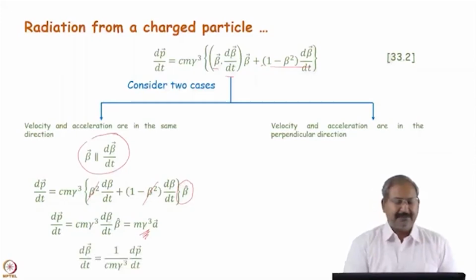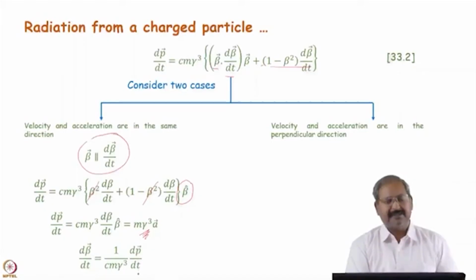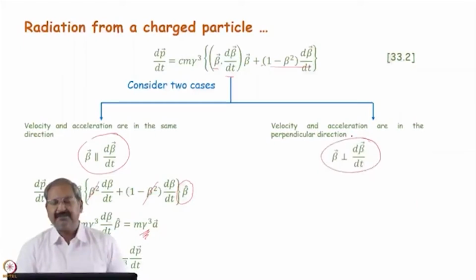So now you can see that d beta by dt can be written as 1 by c m gamma cube dp by dt. So this d beta by dt will be used in the formula of radiated power. Then we will get the radiated energy when acceleration is taking place in the same direction as the velocity. The second case is the one in which we are considering